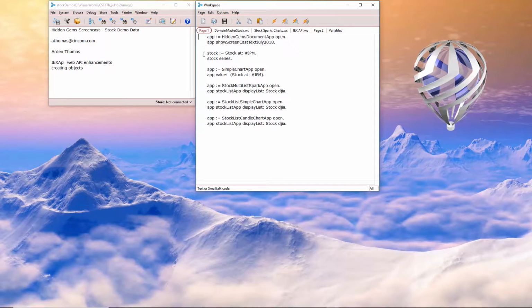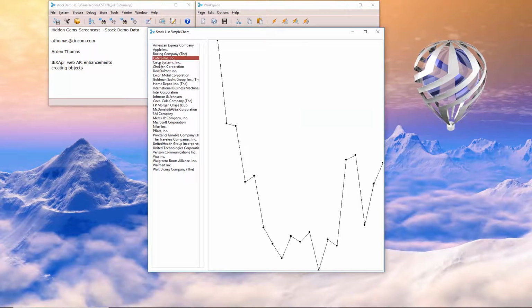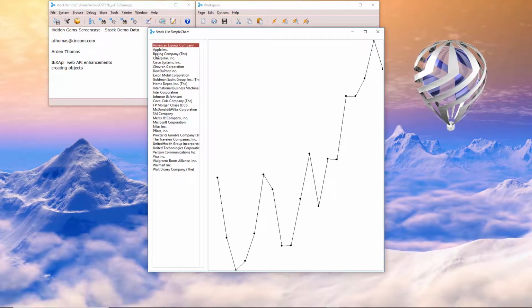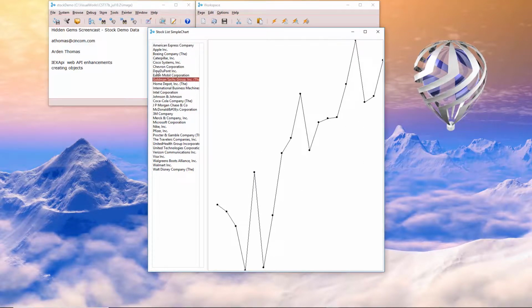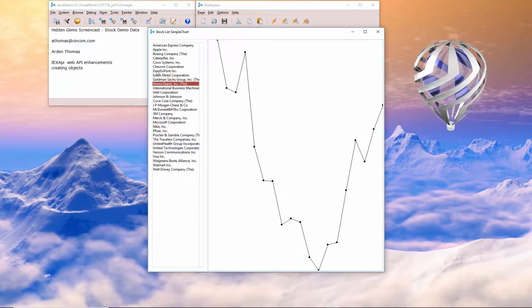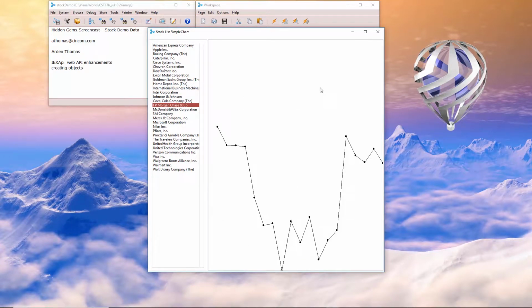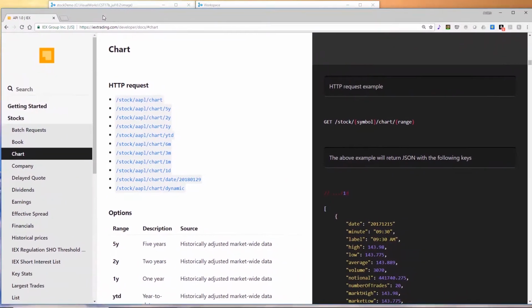In the past, we've done things like this to get that information. We've gotten that information, and here's, for example, 1 month of stock data for Caterpillar, Boeing, Apple, American Express, Dow DuPont. So these are all companies in the Dow Jones Industrial Average. Okay, so where are we getting that data from? Well, if you go to this website,